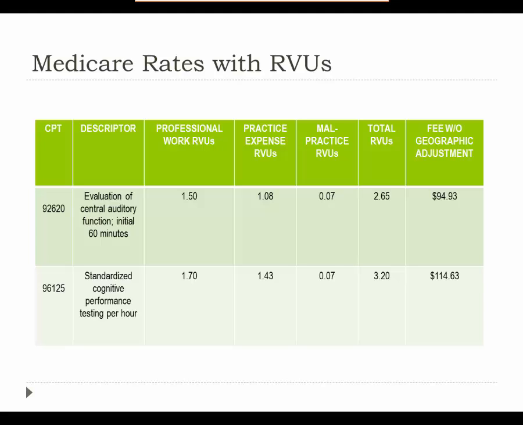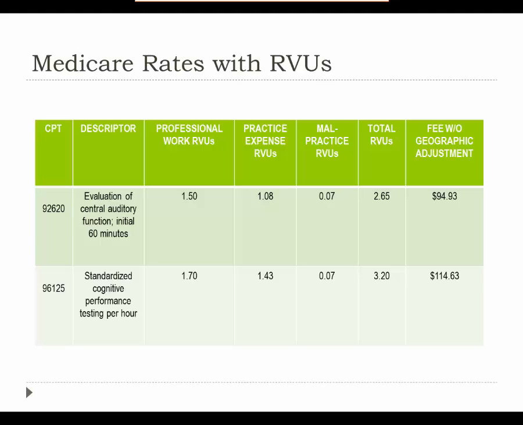This sum is multiplied by the CMS determined conversion factor of $35.82 for a national fee of $94.93. Similarly, you will see that the professional work RVUs for 96125 are 1.7, the practice expense RVUs are 1.43,